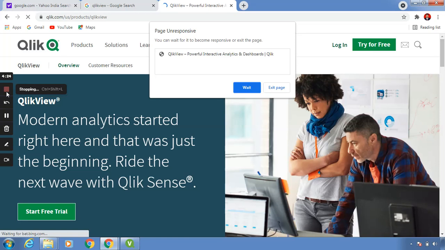So this is basically the introduction about QlikView. In many companies they integrate different types of data, and the data is very large. So you will require different types of software, different types of BI. This is one of the BI tools you can use for data integration as well as for data analytics. So you can see over here QlikView. When I click on this particular QlikView,